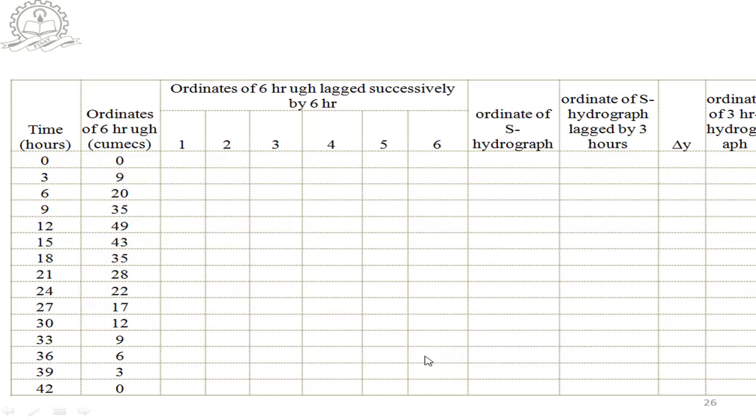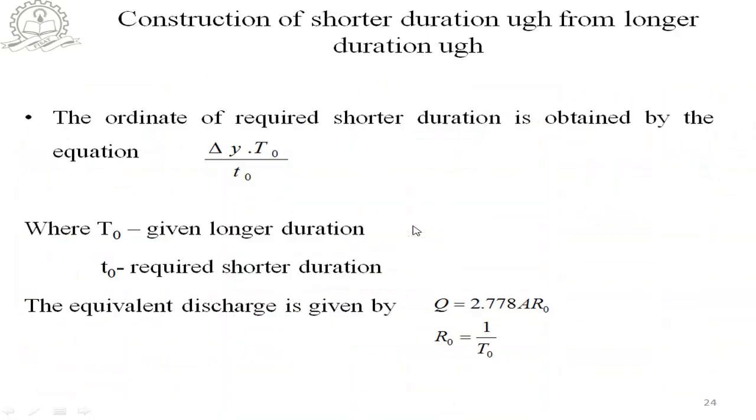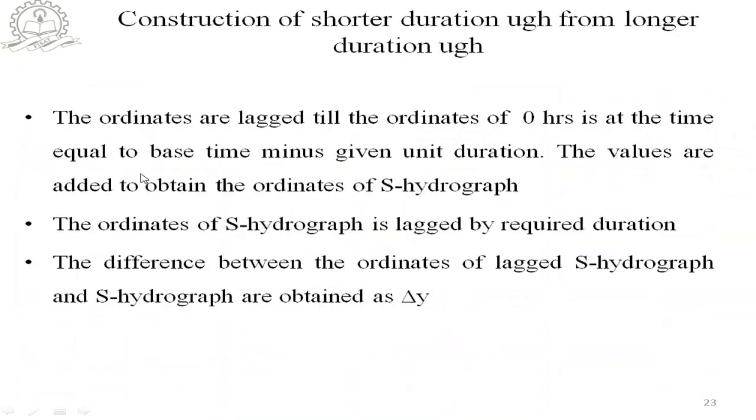Here it is a 6-hour duration hydrograph, so 36 divided by 6, we have to provide a total of 6 lags. This is what is explained in the first step. The values are added to obtain the ordinate of the S hydrograph. After providing the lags, we have to add all the unit hydrographs